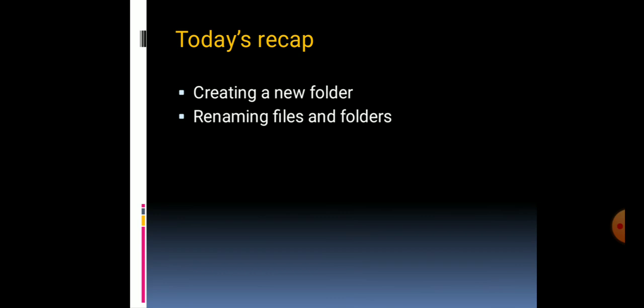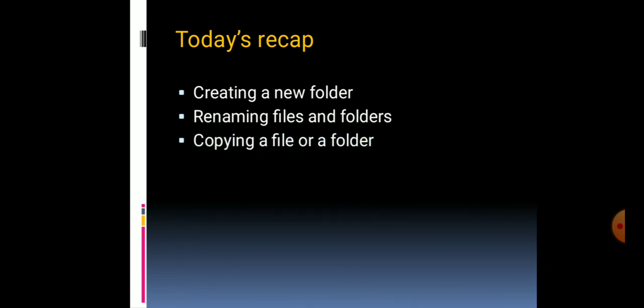Renaming means giving some other name to an already existing file. I can change the name by 3 methods. One is I am going to use the organize button and select the rename option. Second option, select the folder or a file, right click on it, then you can select the rename option and type the new name. Third option, again select the file or a folder, then press the F2 key on the keyboard. This is for renaming, that is changing the name of a file or a folder.